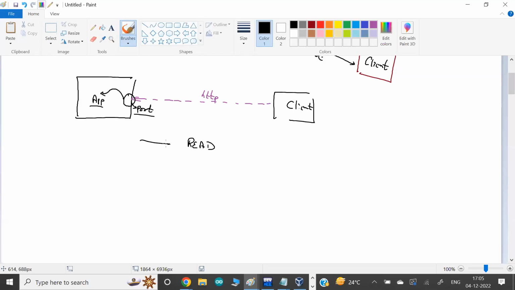I will provide you some data. Or do you want to send some data or create something over there? That's what I explained in my last class. This is CRUD operation: create, read, update, delete. So you should be very clear what action you want to perform. These are known as actions.